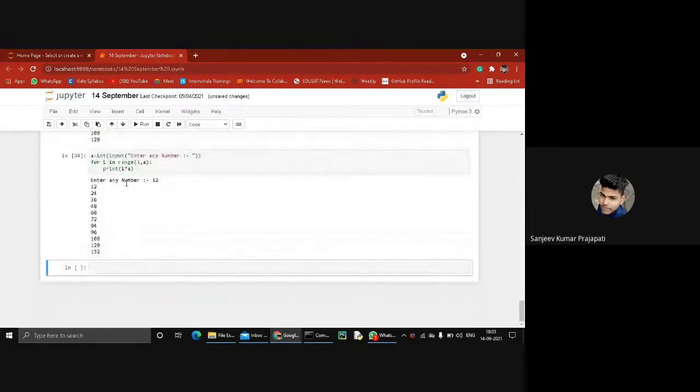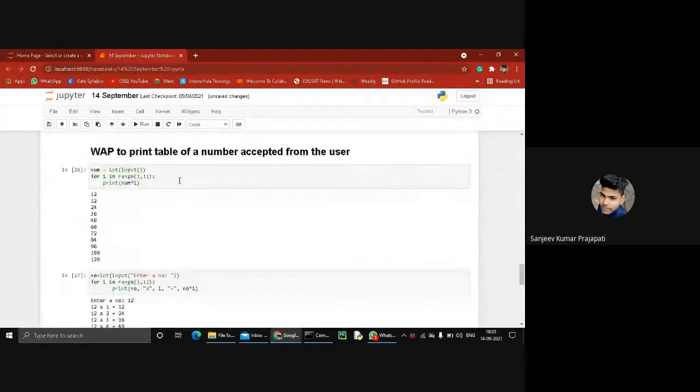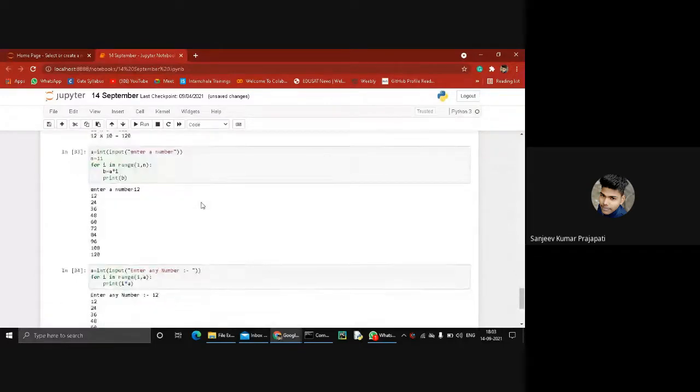Okay, got it? How to print the table of any number taking input from the user.